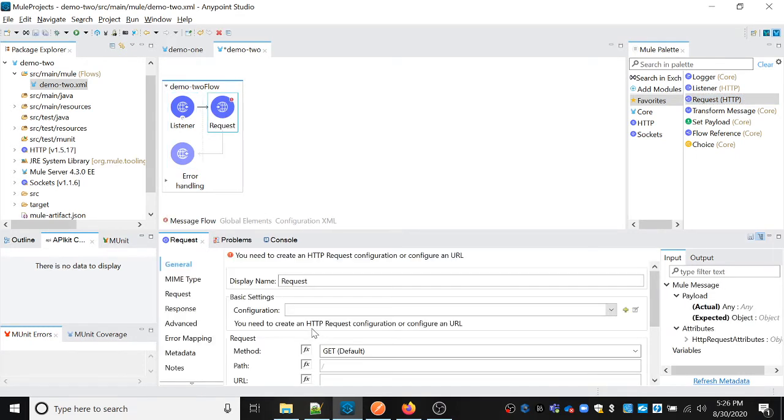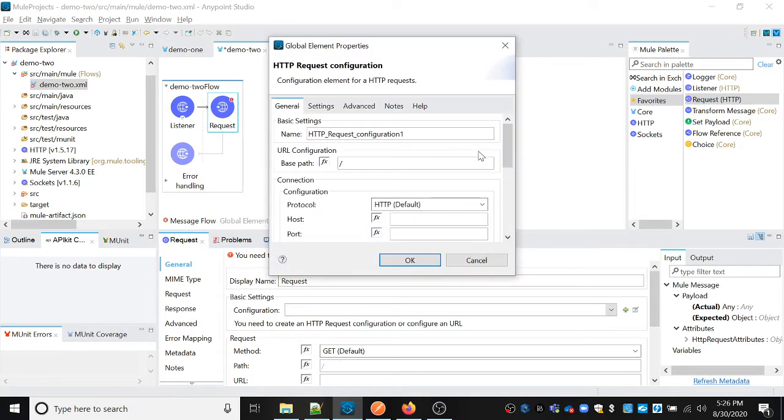Now drag the HTTP request here. The HTTP request component is used for calling the endpoint URL. Let me create one configuration over here. It is asking for the protocol. Here I have selected HTTP, with the default port, host, and port. Let me check the endpoint.